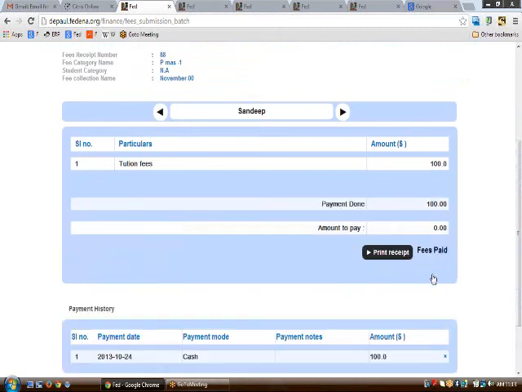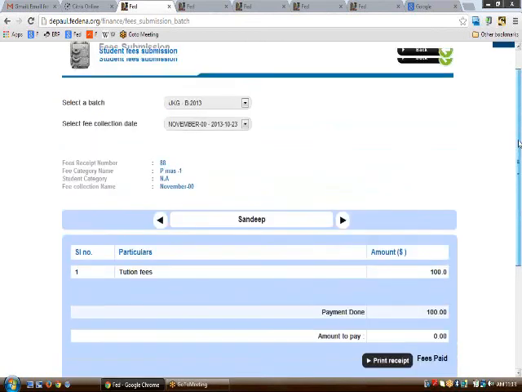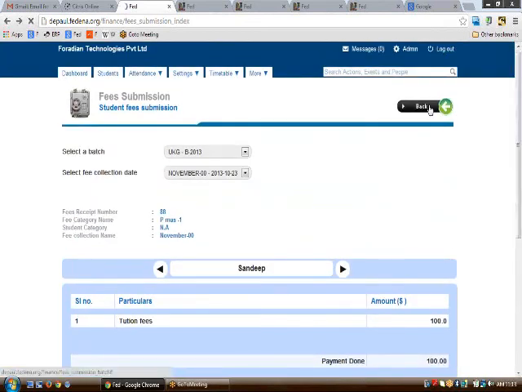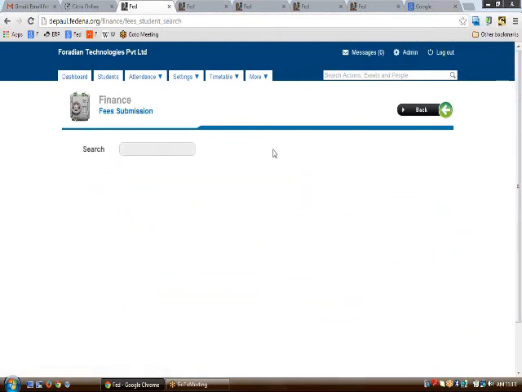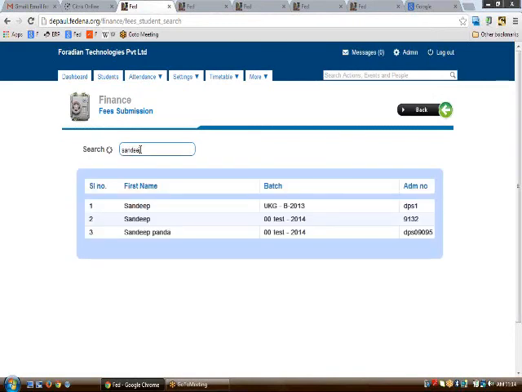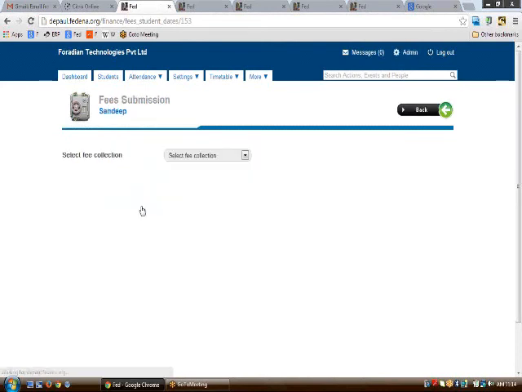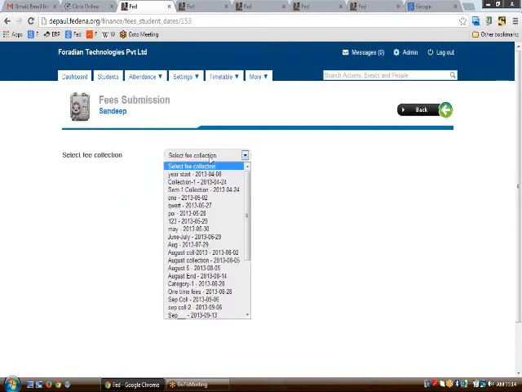So this is how the fees for a particular batch can be paid up. Then comes the fee submission for each student. Let us say that if your school doesn't have a particular fashion of entering the fees, then you can just go upon and type the name of the person to which this is to be affected, and then on clicking upon the name, you will be asked to enter the fee collection to which you want to enter the money,